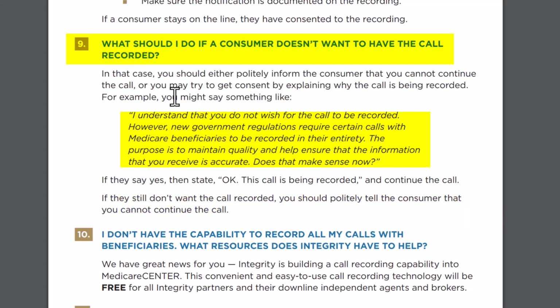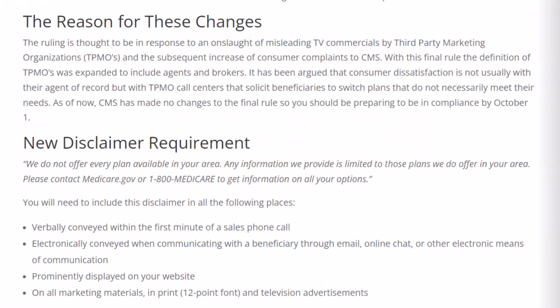So for me, if they tell me they don't want the call recorded, I'm probably going to say something like, I understand, I myself am uncomfortable with my calls being recorded because I don't know what they're going to be used for. I can tell you that these calls are being recorded because there has been a lot of fraud recently with Medicare beneficiaries and call centers, and Medicare has made new guidelines that everyone has to record their calls in case there's some discrepancy between enrollments, and it is meant to protect you as a Medicare beneficiary